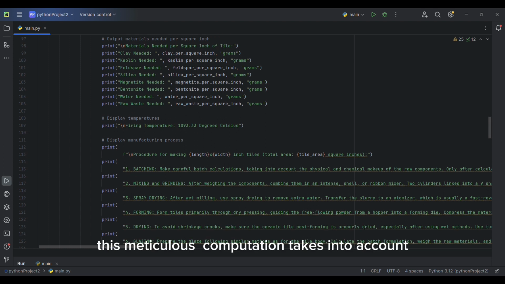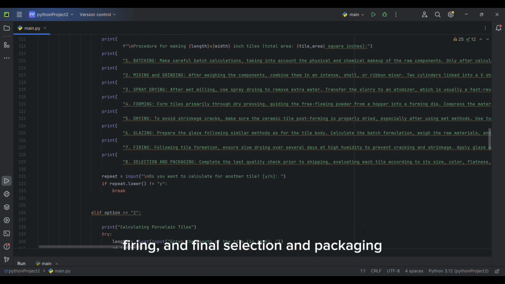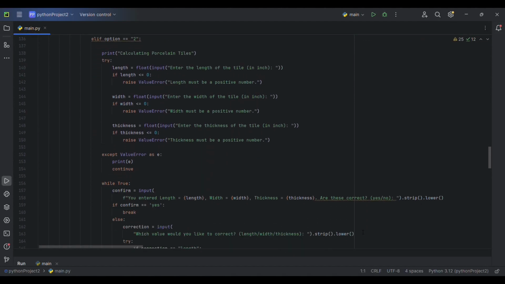This meticulous computation takes into account not only the basic ingredients, such as silica and clay, but also any extras that are pertinent to the kind of tile that is being made, like feldspar for porcelain tiles. The program then lists every step of the manufacturing process: batching, mixing, grinding, drying, glazing, firing, and final selection and packaging for every type of tile.